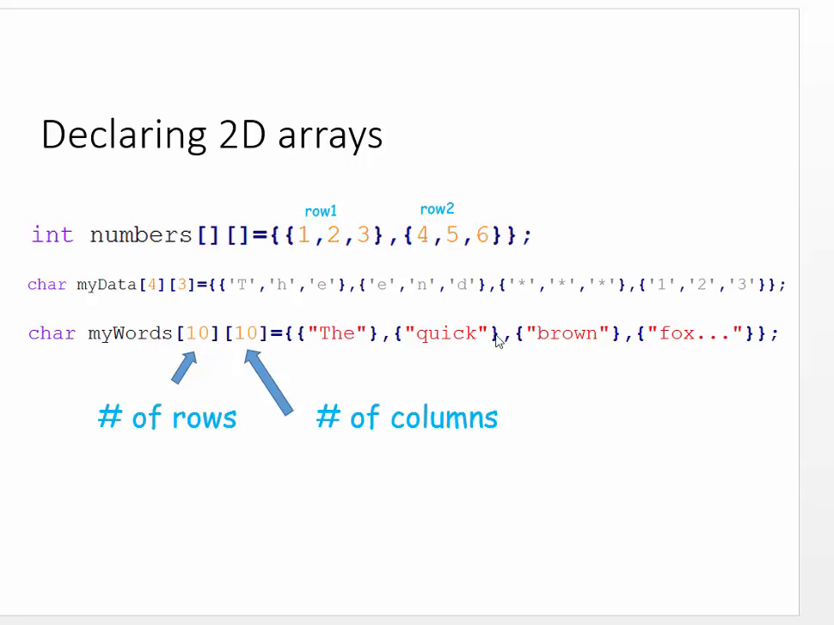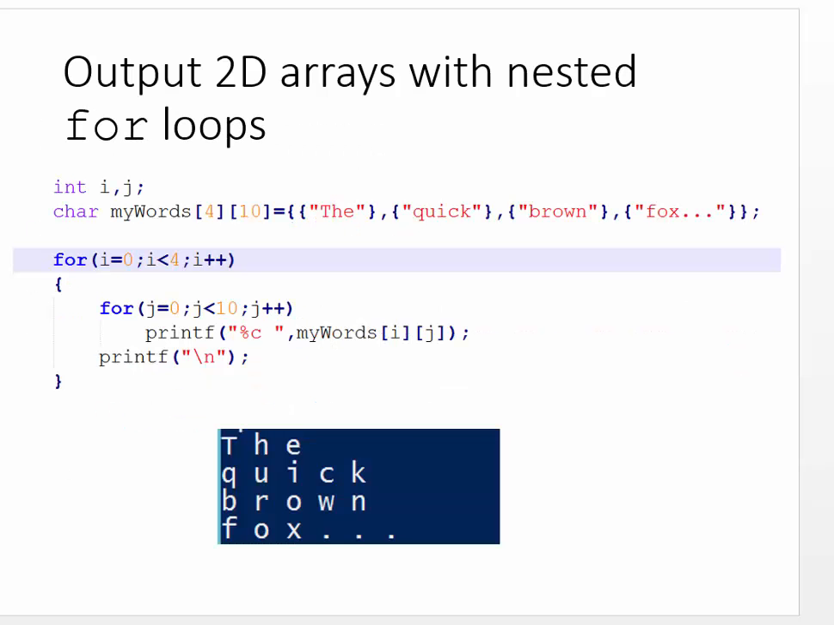I have the quick brown fox. This is row 1. I can have row 1, row 2, row 3, row 4. I do not have to fill up the whole 10 memory locations I've allotted for that string or that array of characters. So I'm going to use that example